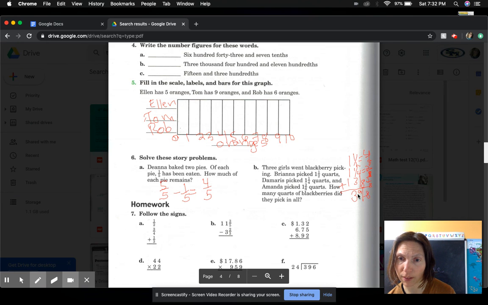But I can't leave this as an improper fraction. So I need to divide 8 into 9. And it's going to go in 1 time with 1/8 left over, right? This is equal to 1 1/8. But I still need to add my whole numbers, right? 3 plus 1. So I have 4 1/8 quarts